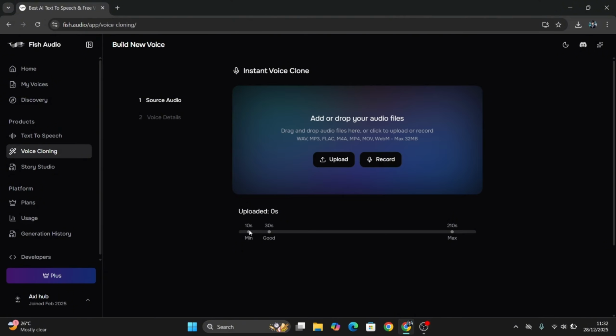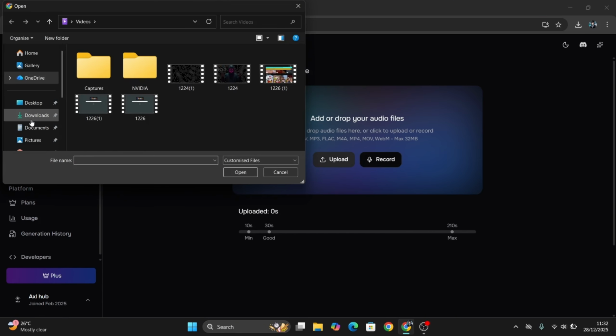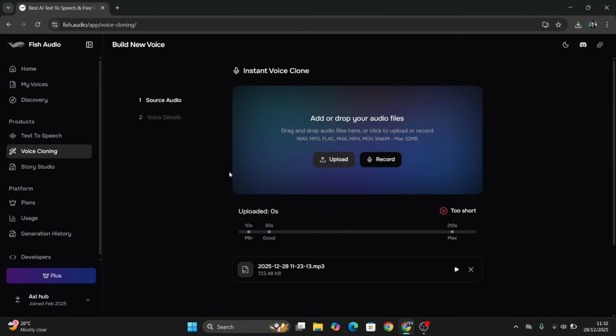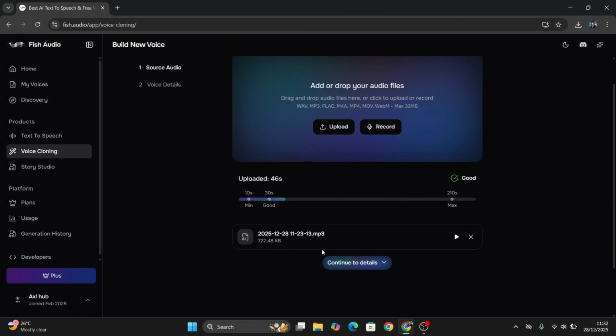So like I said before, you can either choose to upload an audio file of your choice, or you can choose to record. So I'm just going to click on upload, and I'll be uploading this audio of Mickey Mouse. Remember, this can be any audio of your choice. As you can see, it's a little bit over 30 seconds, which is still good. Remember, it can be 10 seconds on the dot, and that will still work. So once you have everything uploaded and the good check mark is checked, just click on continue to details,